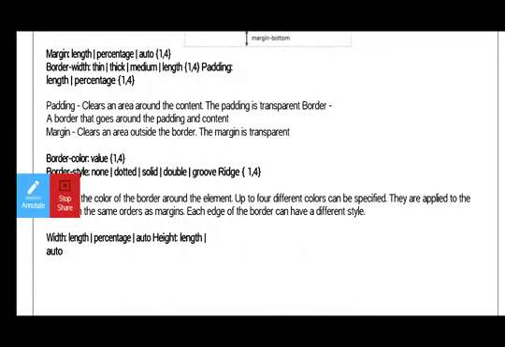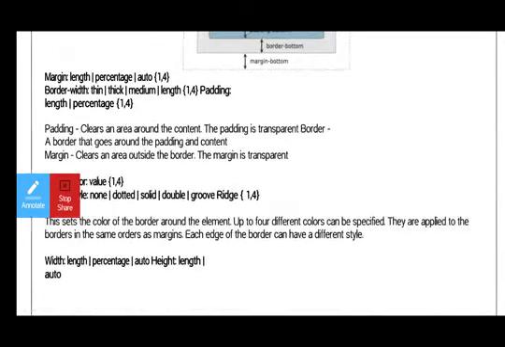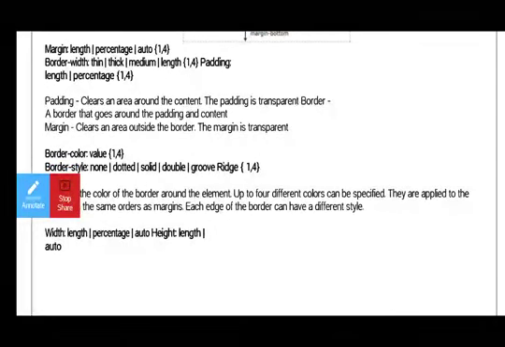Padding means it clears an area around the content.